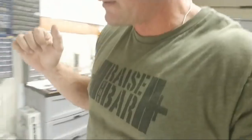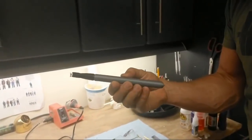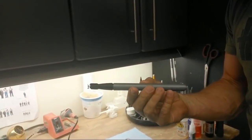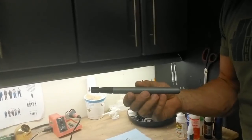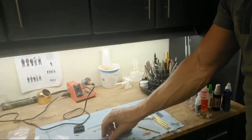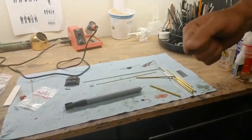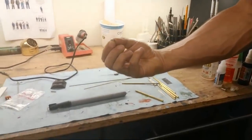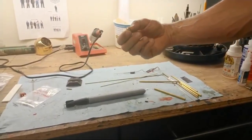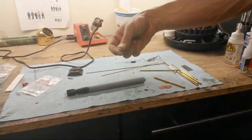I mentioned torpedoes in this, and this is an actual prototype of the functional torpedo that will be going in. So this is a 32nd scale weapon to scale with the World War II era torpedoes of the time. This is electric powered. It's powered by a lithium ion battery, and it's got a timer chip in it. I just want to show you how this works. This is a magnet, and in the torpedo tube there is a holder for it, and as you brush this magnet over the weapon,